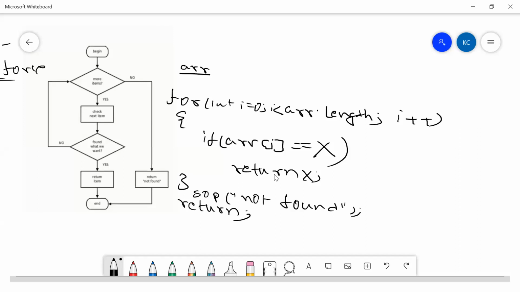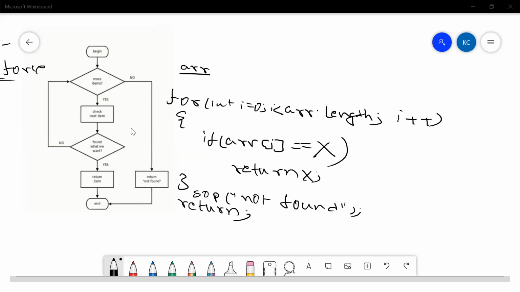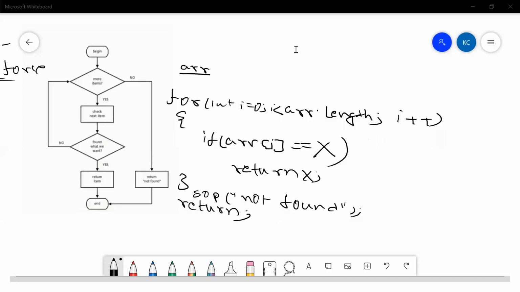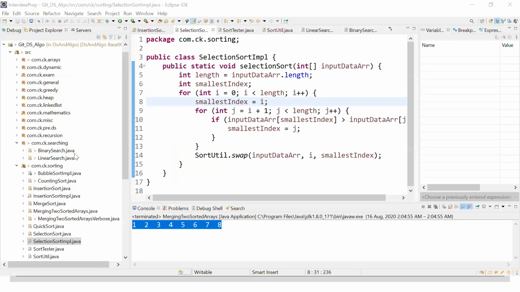Something like this is a good pseudocode for us, guys, right? This is what we had in our flow chart, and this is what we tried to implement as part of our pseudocode as well. So I've written the code for this one. Let me show that code to you straight away, and let's see whether what we have written is correct or not.